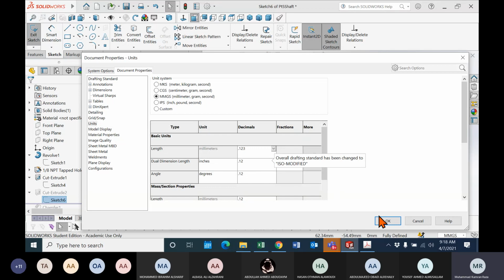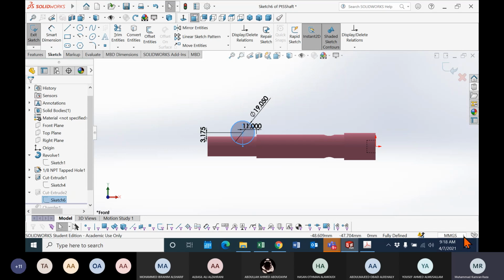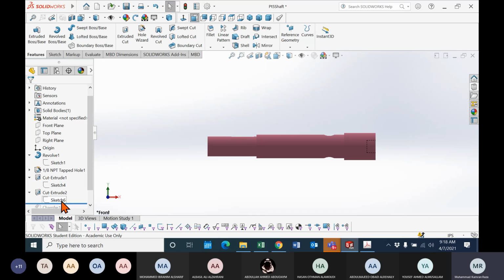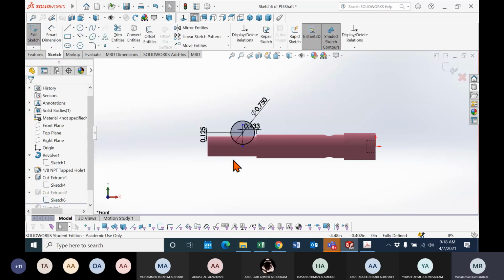So you can multiply by that. Otherwise, just for the time being, you can change the units to inches and put the dimensions in inches, no problem. 1/8 inches is equal to 0.125, and 3/4 inches is equal to 0.75. Otherwise, you put in millimeters and multiply by 25.4. You will get the same answer anyhow.